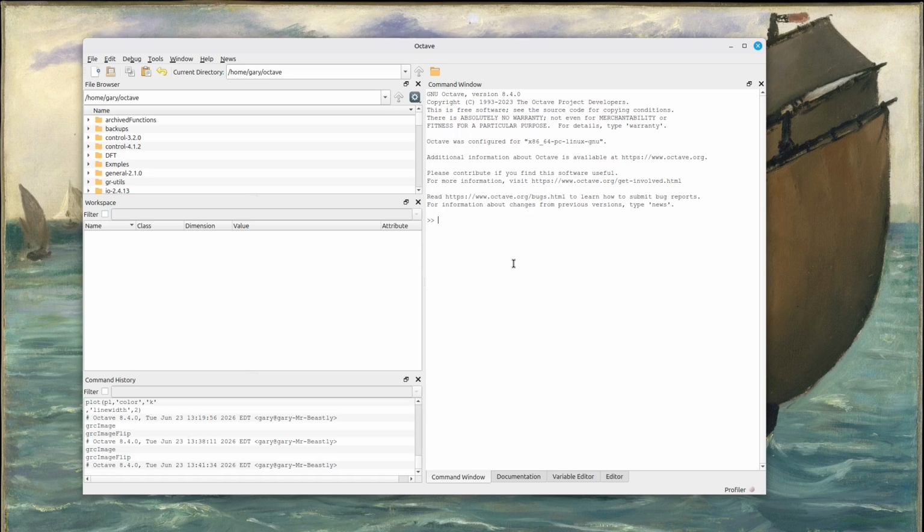Another way that you can transform the images into something that GNU Radio can handle is using an Octave script. I've actually provided two. One will keep the image upright, the other one will flip it vertically if you're dealing again with the falling waterfall type spectrograms. The way that this works is you're going to have to put both the Octave script and the image into your working directory, the current directory as defined in Octave here.